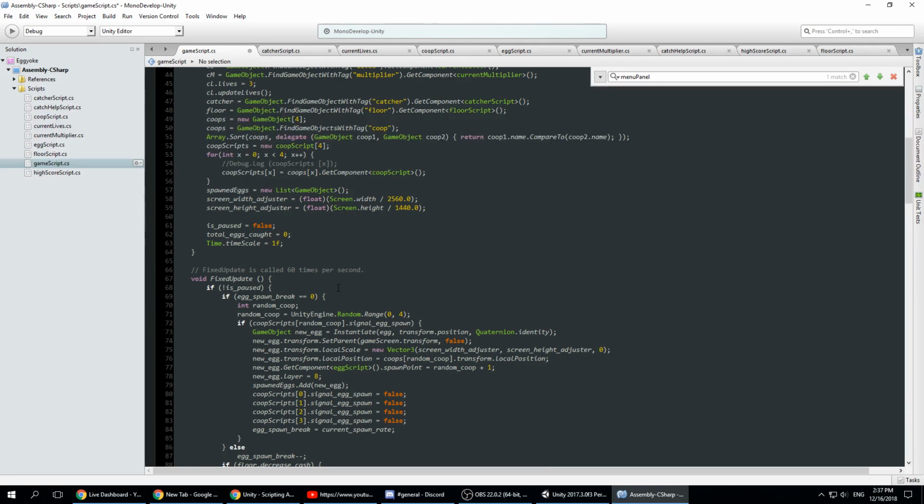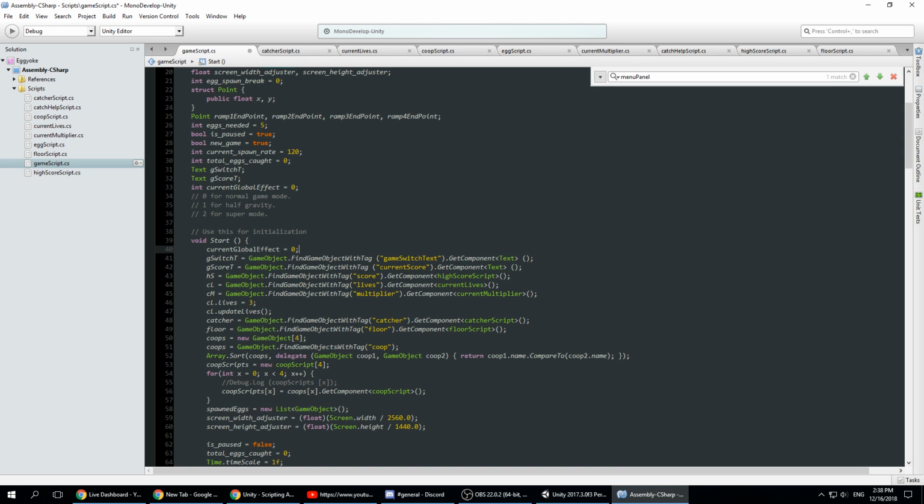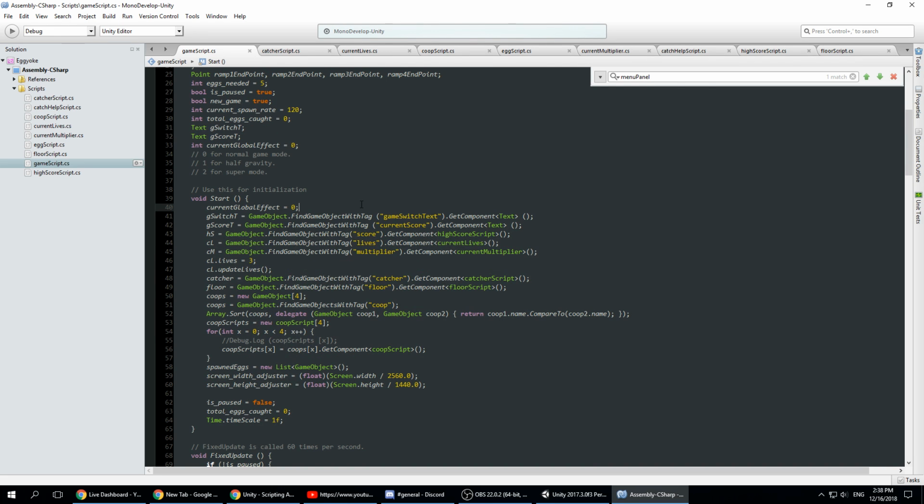And during the update, okay, we also want to reset this to 0 whenever you restart the game. You don't want the game to end on super mode and then, well, it wouldn't end on super mode because you can't actually die on super mode, but you wouldn't want the game to end on half gravity and have the game start you off at half gravity again when you start a new game, right? So we just initialize that to 0 again,